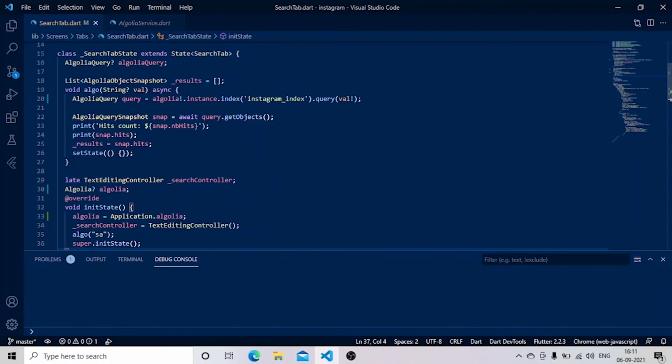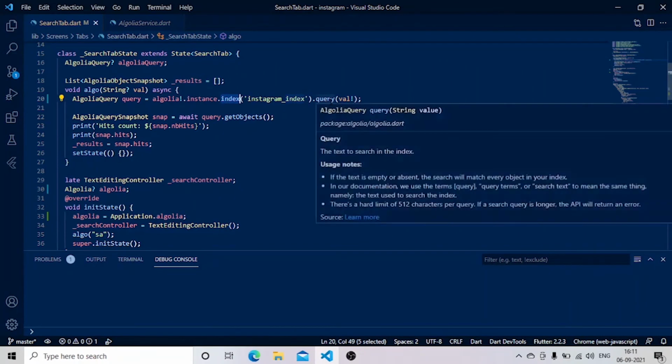After initializing, create a new method. That method will have a parameter named query, and create an Algolia query. After creating your Algolia query, use the method index, give it an index name and dot query.